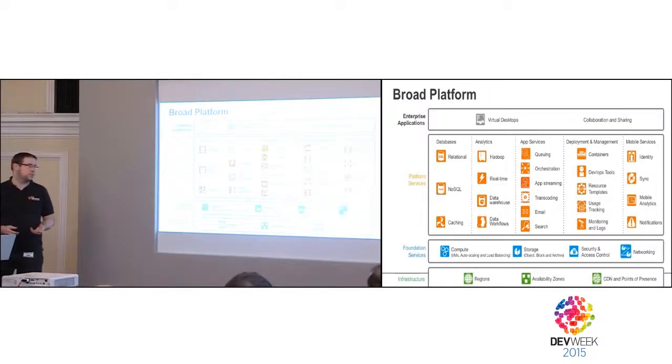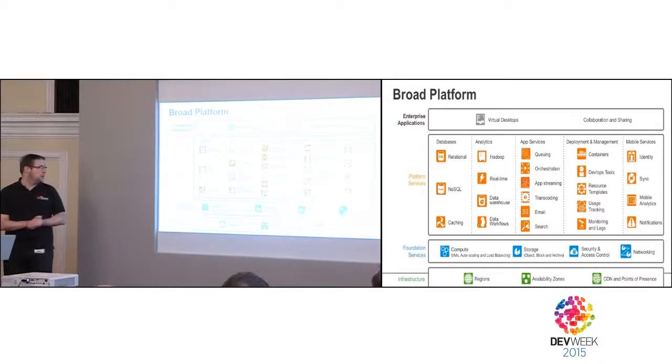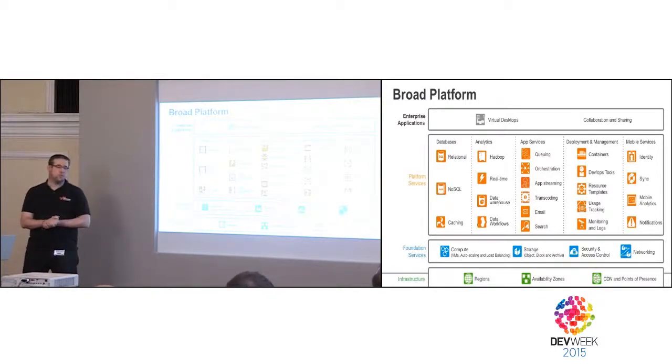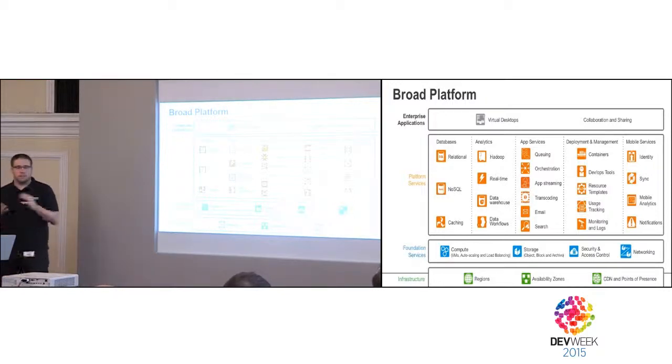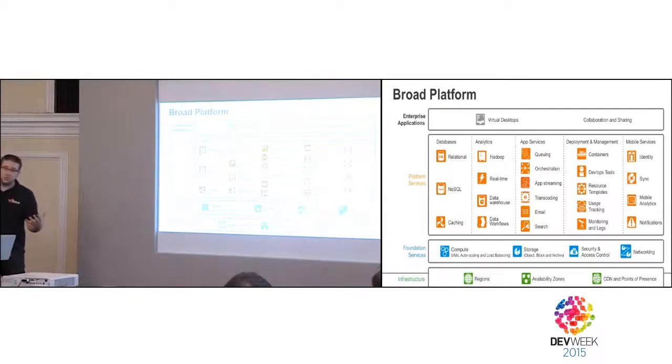But what to do with this infrastructure? We have a large set of services. The first services I've just talked to you about are the regions, 11 around the globe, availability zones for high availability, and a content delivery network. On top of that, you will start by using the network. It's the one on the far right for you. Networking gives you complete control over the networking architecture of AWS. It gives you the opportunity to integrate that with your data center or with the data centers of your companies and partners, over VPNs or over direct connections.